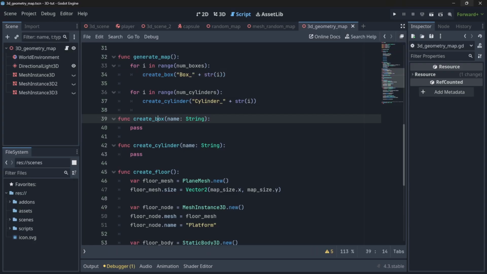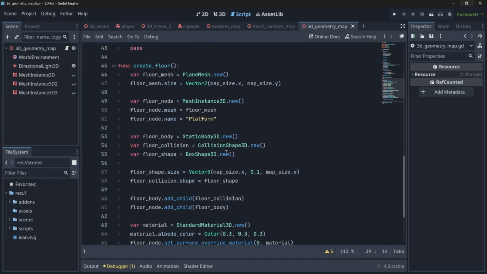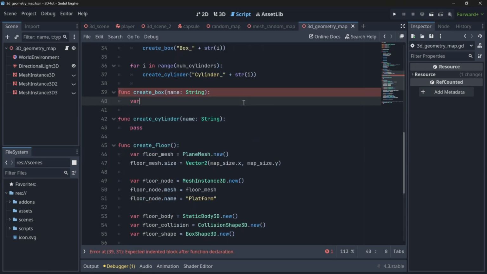Now, what we have to do inside the create box is basically create a box in the same way we have created a plane. Now, we have not really created a plane over here. We have used a box shape 3D. So this is also a box, but with a very small thickness. But here we have to create more solid boxes. And so how can we do that? We will follow the same approach. So let's start by creating a